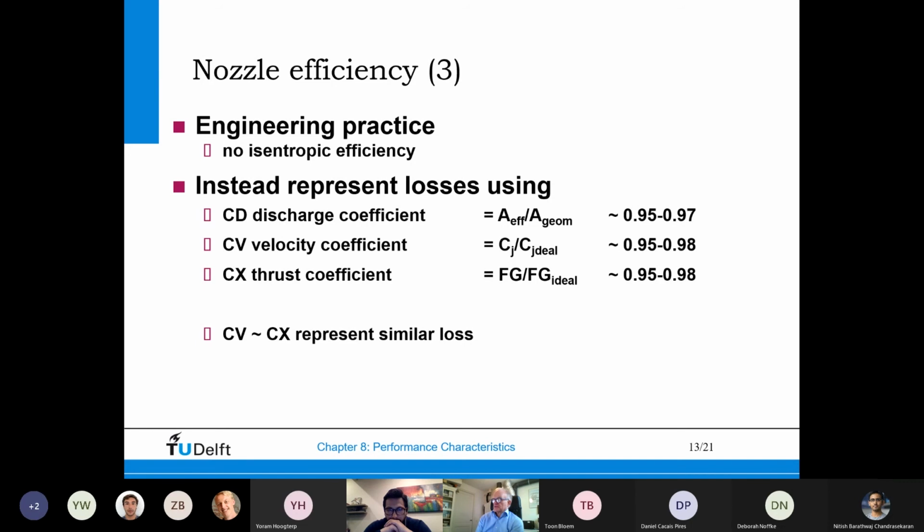And then we can also use the thrust coefficient, which is a more direct factor of the thrust versus the ideal thrust that we could obtain with ideal jet velocity. But actually Cx and Cv represent the same loss. So very often only one of Cv and Cx is used. We either use Cv or we use Cx. So basically we use Cd and Cv, or Cd and Cx, as parameters to represent the